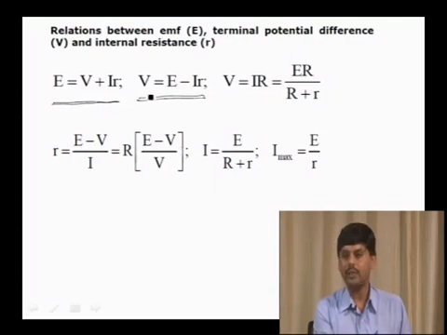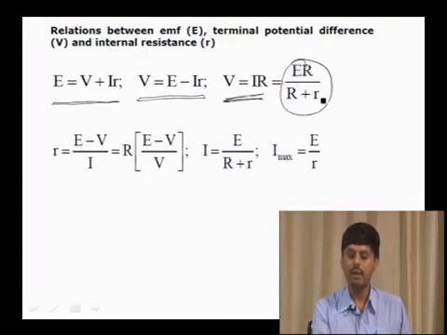V is the terminal potential difference, E is the EMF of the cell, I is the current and r is the internal resistance. By taking the help of Ohm's law, we can write V = IR. We know the value of I, substitute the value, we get ER divided by R plus r as the terminal potential difference. Suppose when the current is maximum in the circuit,